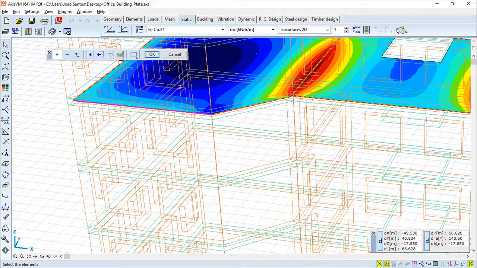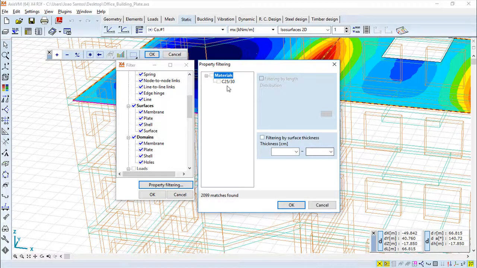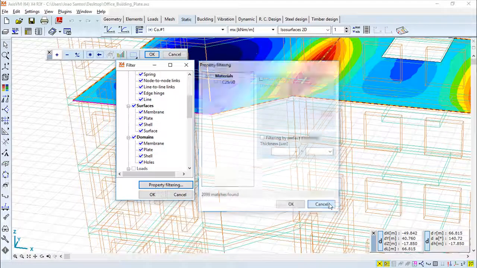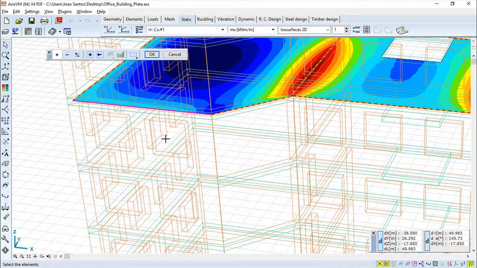In here we have the filter, and the filter allows us to choose from the type of elements, and we can also use some properties of what is currently in the drawing area or selected to make groups of selection through filters, which is interesting. And we also have what we call the method of selection,